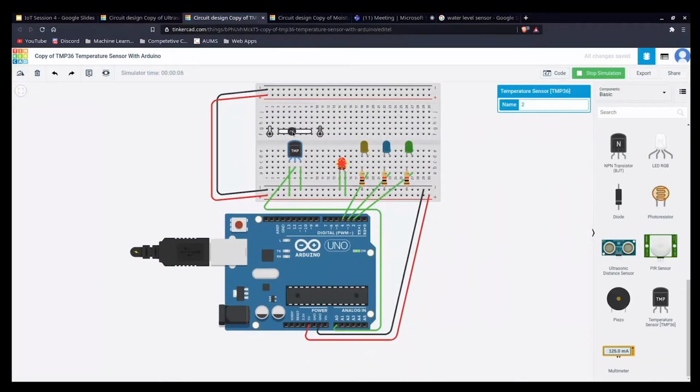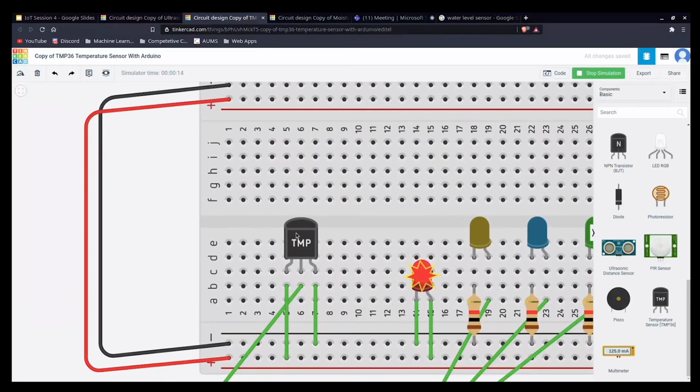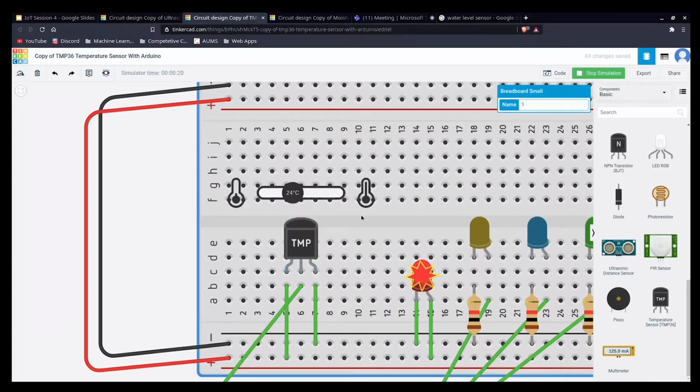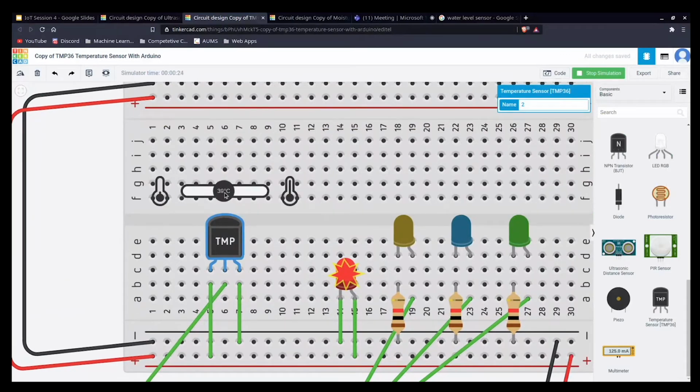Yeah, so are you able to see the temperature on that? Right, okay, it's 22.10. So the first condition is greater than 40, so we'll take it to 40.